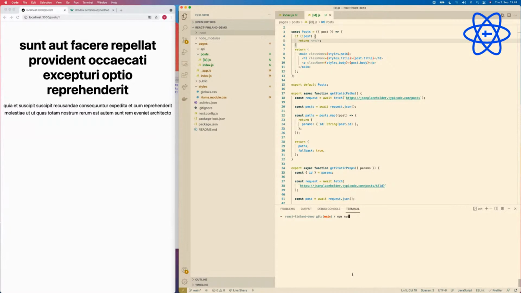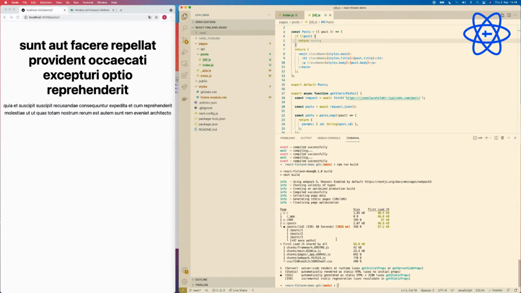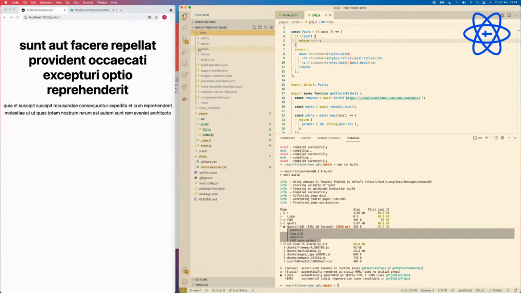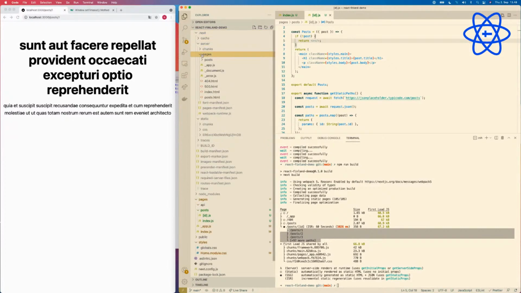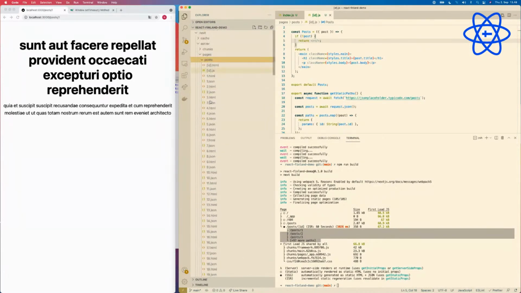So we are going to basically run build. So now we are going to be building our app. Let's see if it works. All right, so it looks like it works fine. You can see here, for example, it has created the paths for 97 or like 100 pages, and we can see all of those pages. Let's see, where was it? In .next, I think it was server, pages, posts. So you can see here all of the pages that have been generated, right? So we have every page in our server at this point.